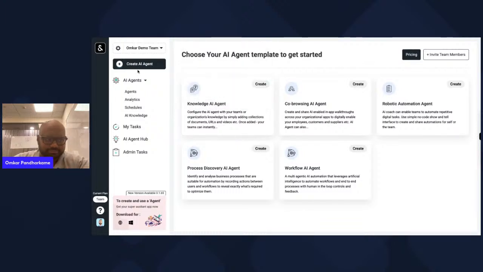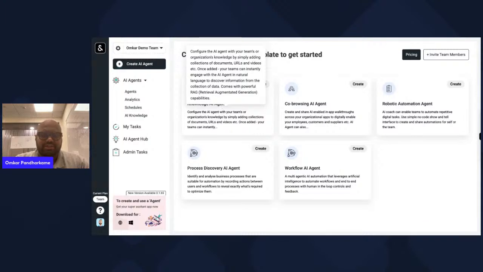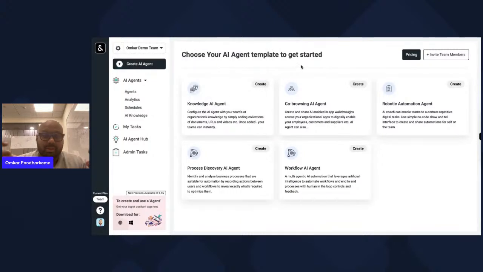So perfect. Now what I'm going to be doing is clicking on create AI agent. Over here you need a parent agent and you need a child agent. Now in order to create a child agent, you click on knowledge AI agent. Knowledge AI agent predominantly is the brain or the memory that you're giving your AI agent, which essentially qualifies that, hey, when I get a name of a person and the company's name, is this a good fit for my company or not? And will I be able to create a score of it, right?